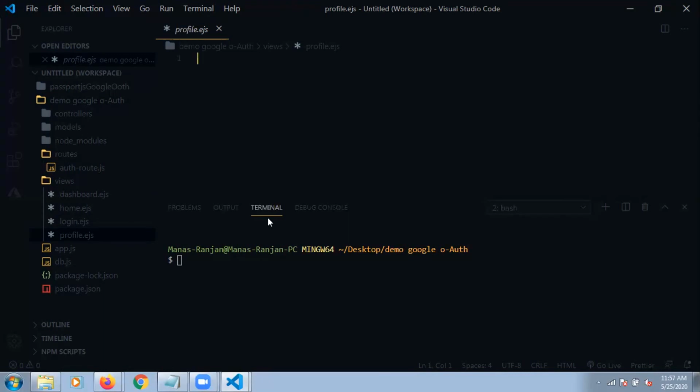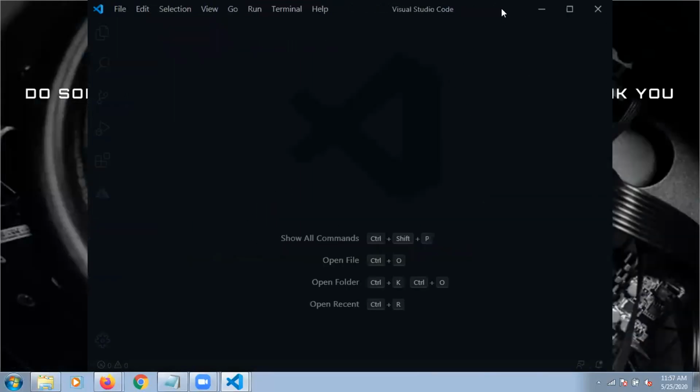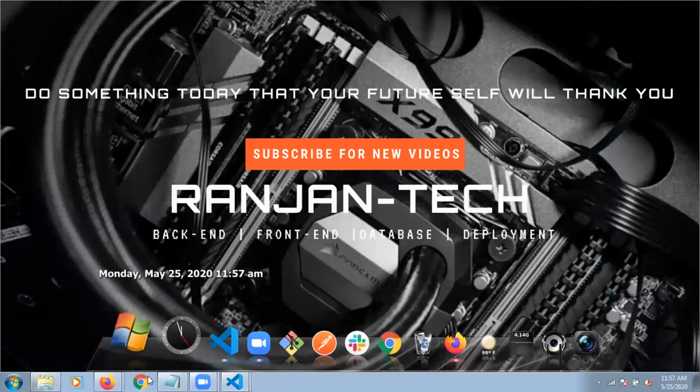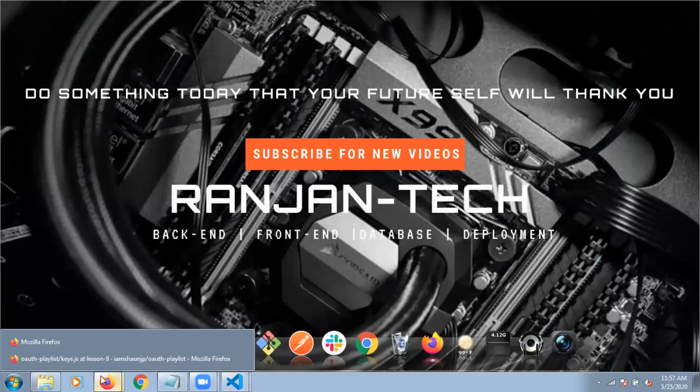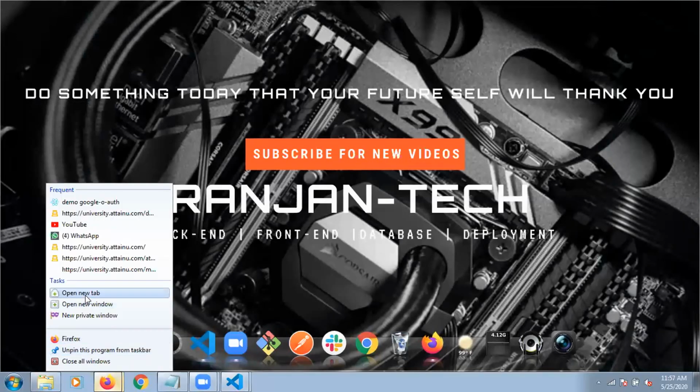First of all, whenever our application is going to connect with any third party login authentication like Google or OAuth, we need a credential which is provided by the developer, Google. So we first go to the official website of the developer console. Everyone has to understand what this website is, so I am opening another tab.